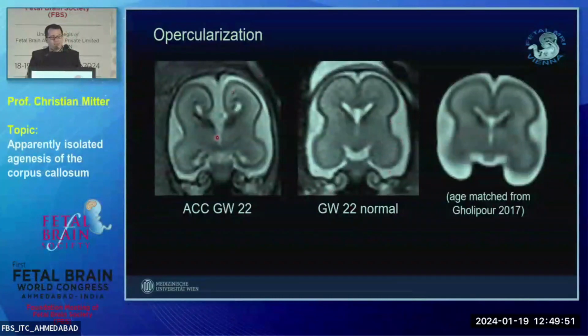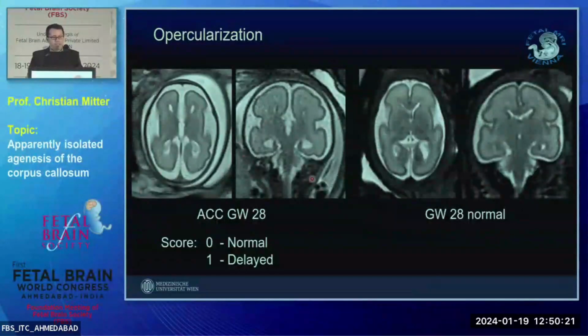And if you compare this to this ACC brain here, you notice that the angle of the frontal operculum to the insula is much more flat than here in the normal brain. And here on the right side, it is even rounded. So this is rather how opercularization would look in a 20 gestational week old brain, I would say. And if you see delayed opercularization, you score it as 1.